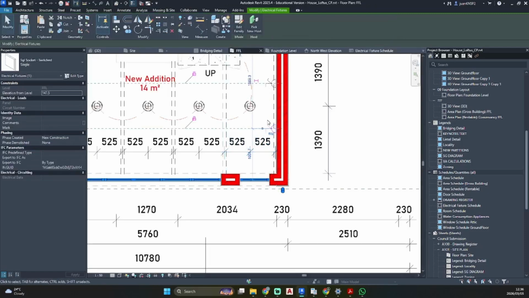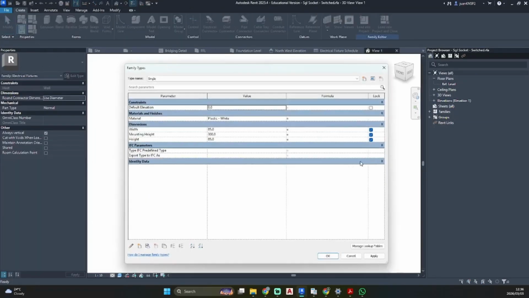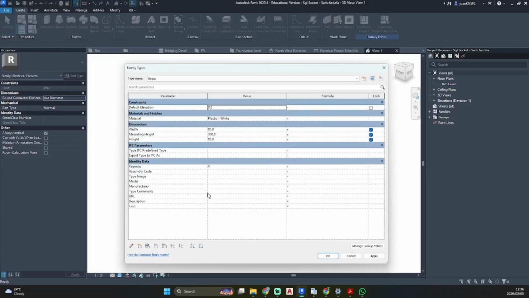So I don't want to change each one individually, so I'm going to go edit family. I'm going to go to my properties, open up my identity data, my description. I'm going to add in our cost, this is 70. I'm going to take the link from what I googled, add the link in. I'm going to call this socket